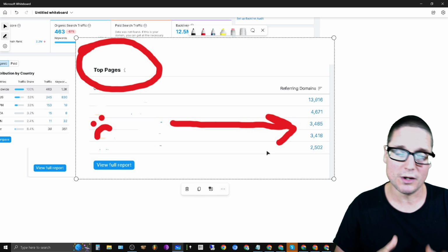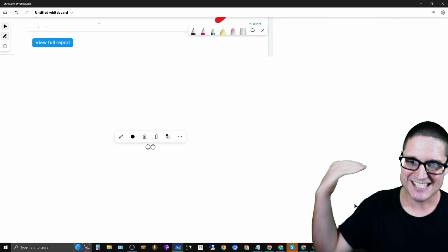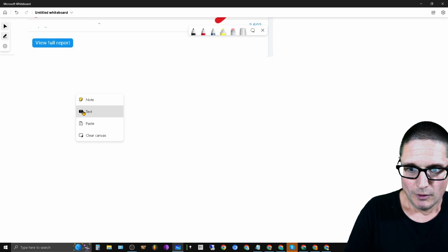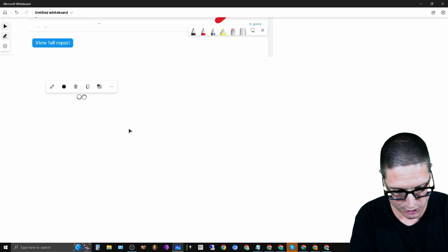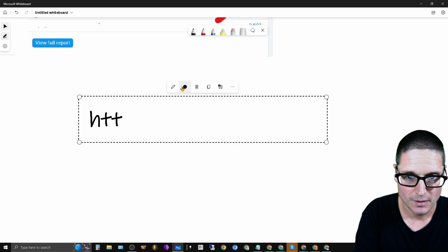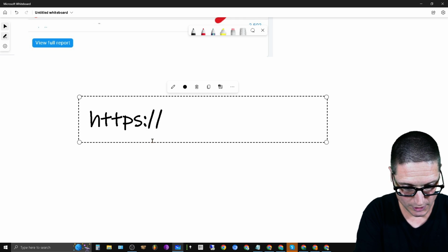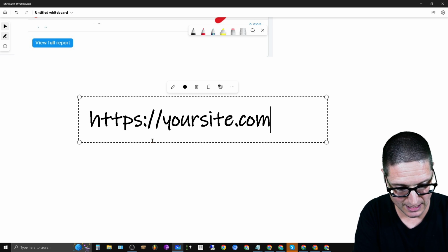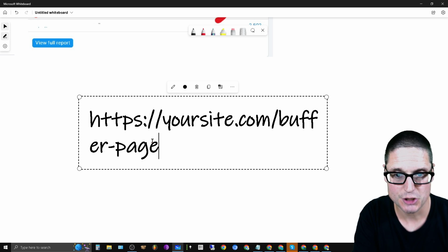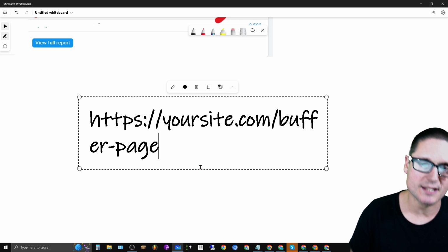And also, another helpful hint that could certainly help you out if you're thinking about doing scaled 301 redirect link building or acquisition of websites: let's go ahead and lay this in here. If you're going to be doing this, try to have a buffer page, https://yoursite.com/buffer, a page that you can send some links to,